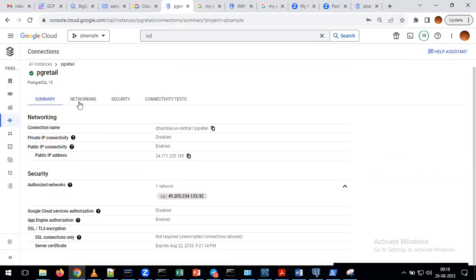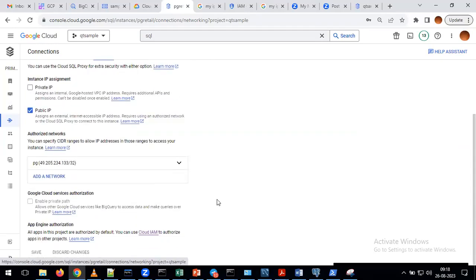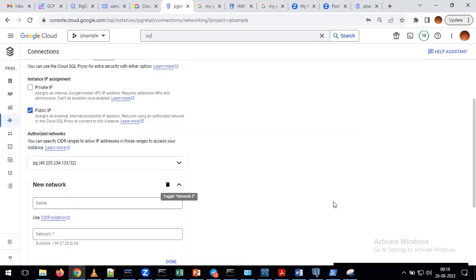After that, please go to the networking tab. Click on connections. After that, go to the networking tab in this section. After that, please click on add a network.